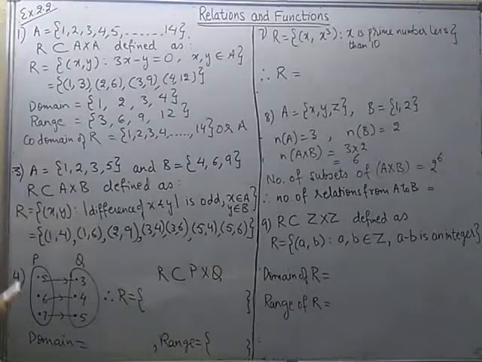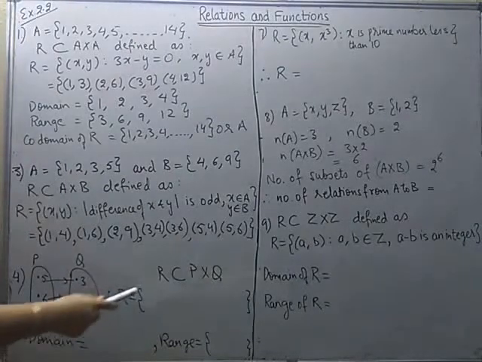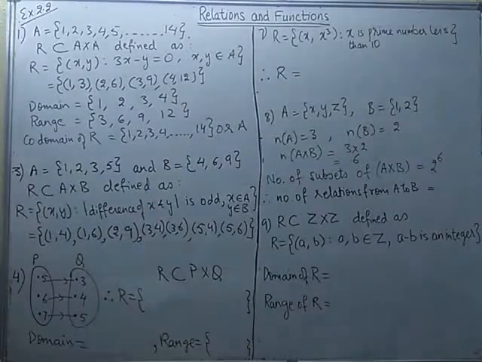Okay. Then moving on to the next one, fourth. You can see this picture where one set P, other set Q is given, and the elements of P are related to Q. So it is mentioned R is a relation from set P to set Q. You have to write R in roster form. That means you have to list the pairs which we will have in the set R.